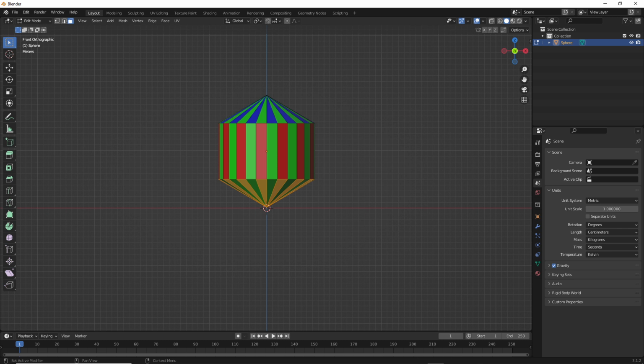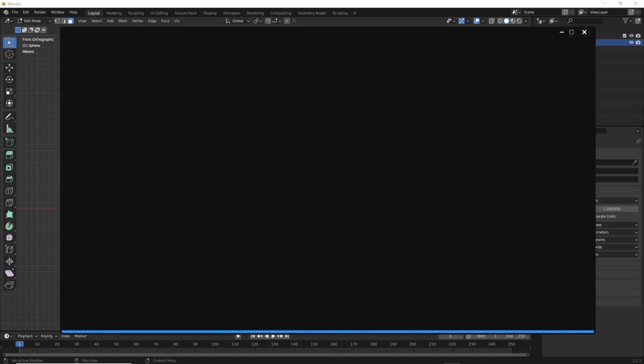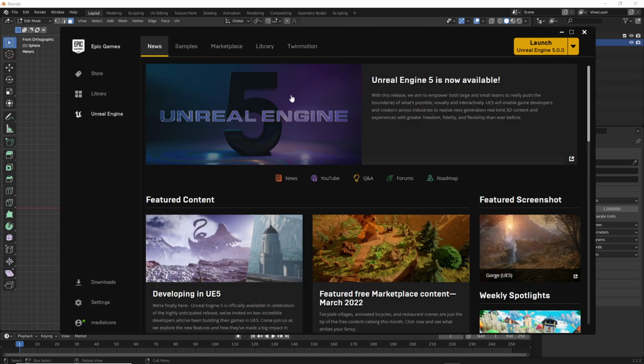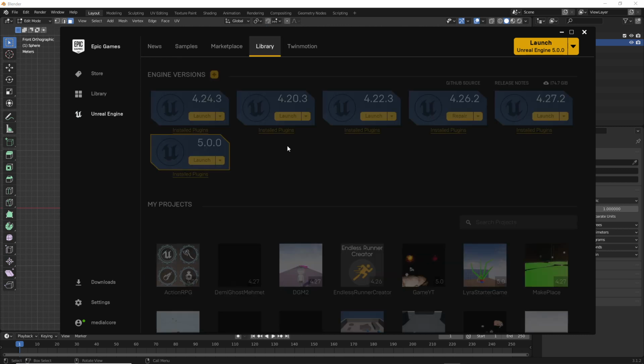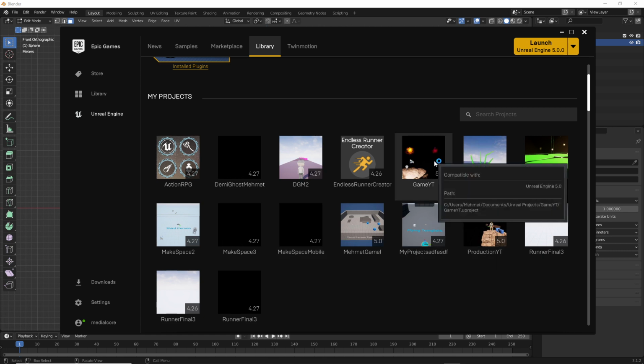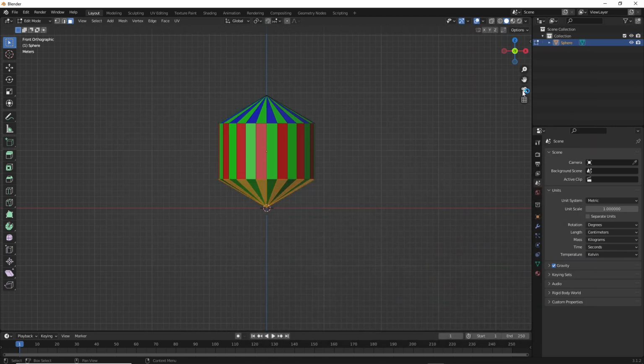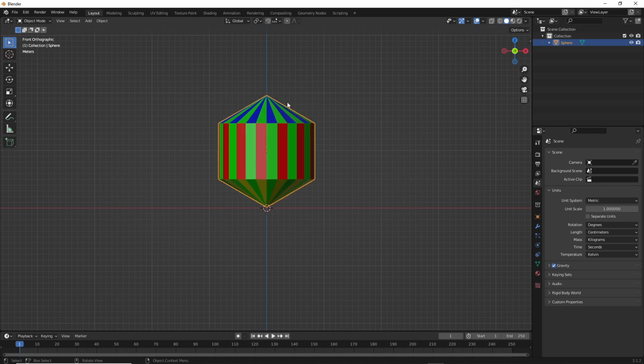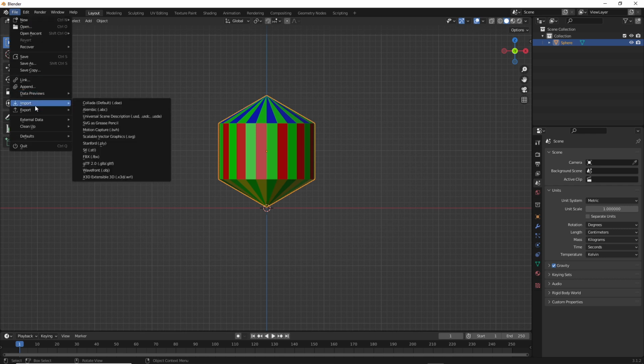Let me start it here on my other screen. Go here, and let's go to our test project where I make all my tests. Okay, this one is starting. I think I don't need this one anymore. And while this is starting, we are setting up this one for export. So what we are going to do is select our object. I'm in object mode. We select our object, and then we go to File, Export,